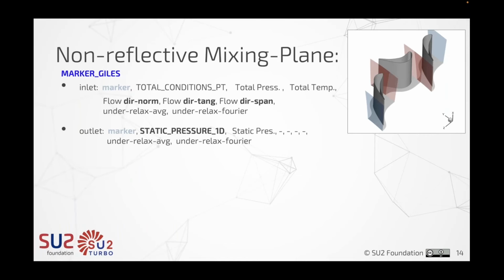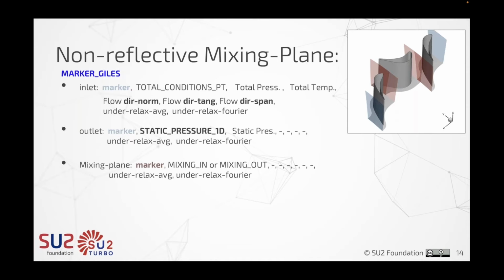So what happens if we also have a mixing plane? We have learned in the previous part that a mixing plane can be reflective as well. So in this case, we'll be having a mixing plane here and a mixing plane here at the stator-rotor interface, and we need to make sure that they are not reflective as well. Because of this, in the marker giles, we will also have an additional entry referring to the mixing plane,